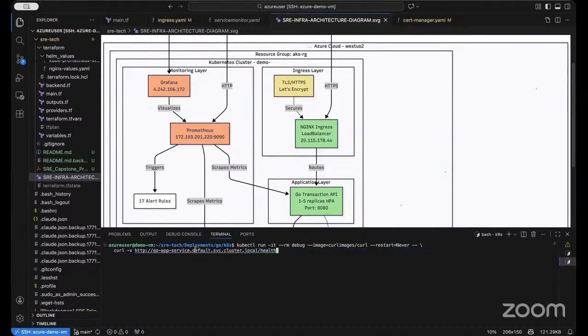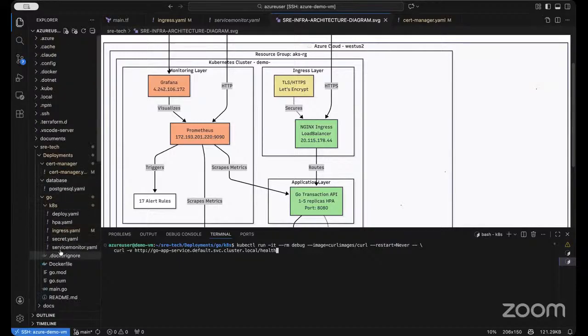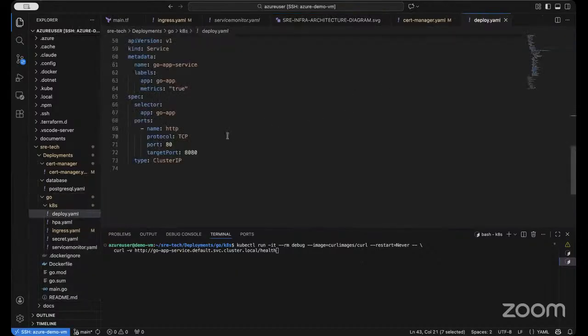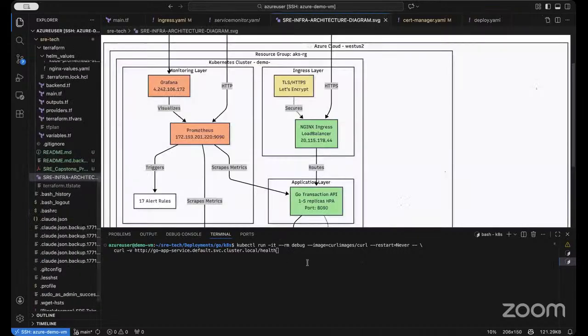Go app service dot default dot svc dot cluster dot local, and then this is the /health endpoint which we configured here. You might be seeing it in this file here, this one, /health, right? So let's try to run this thing, and it should give us